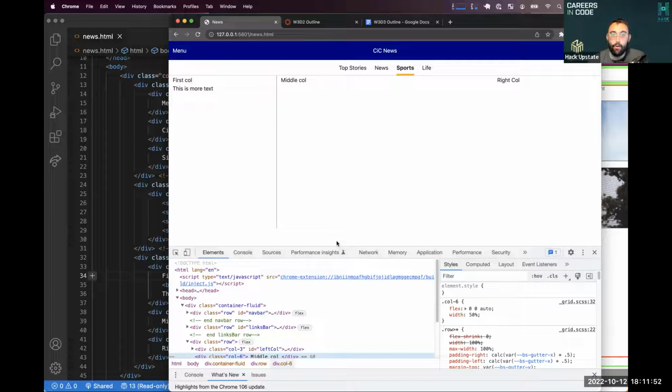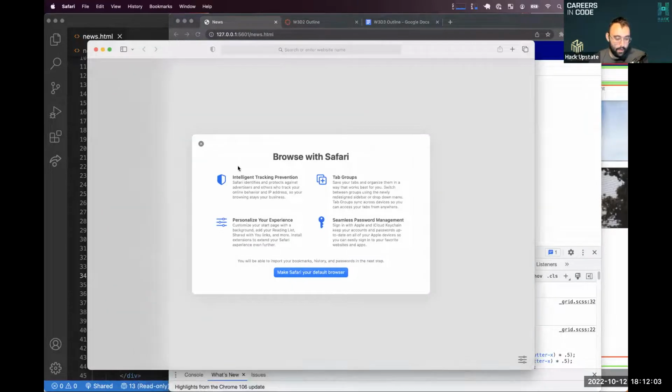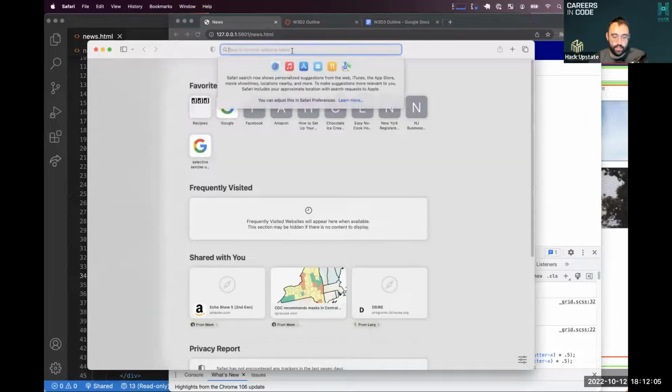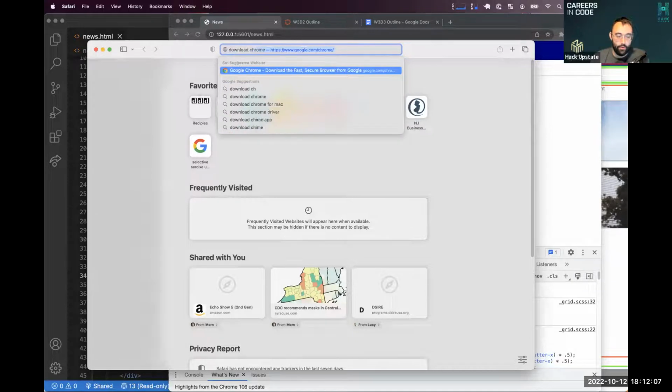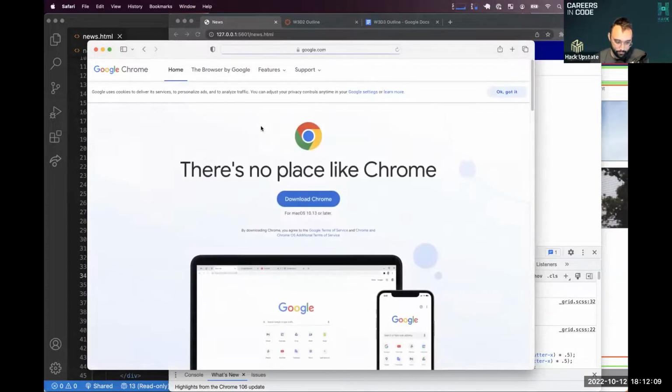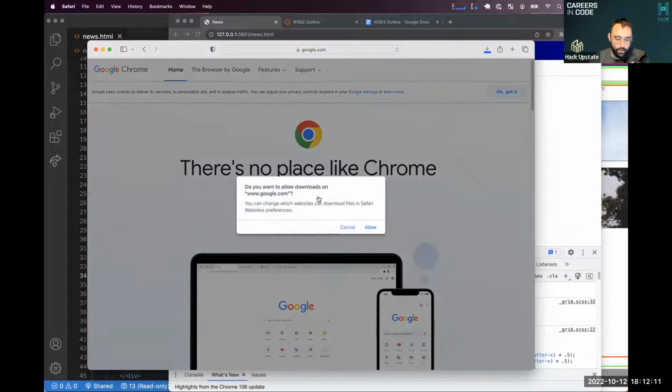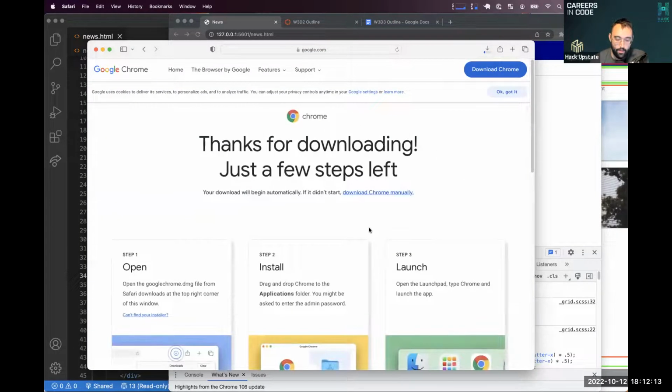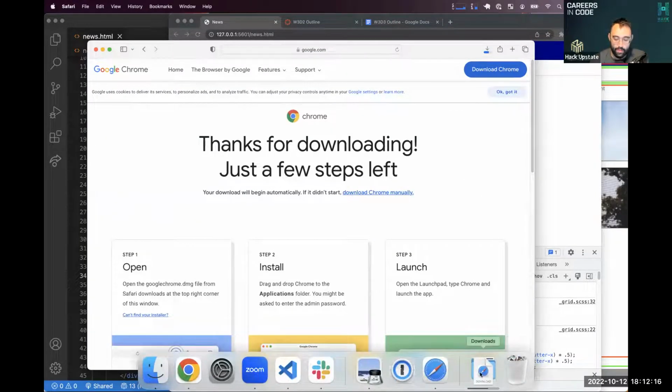So I'm going to take a pause here. If you have not downloaded Chrome yet, this is your opportunity to do so. If you are in Safari, you can go up to the top and just do a search for download Chrome. You can hit download Chrome here and allow. That is going to get Chrome downloading in the background. If you already have Chrome, you do not need to follow these steps, but if you have not downloaded Chrome